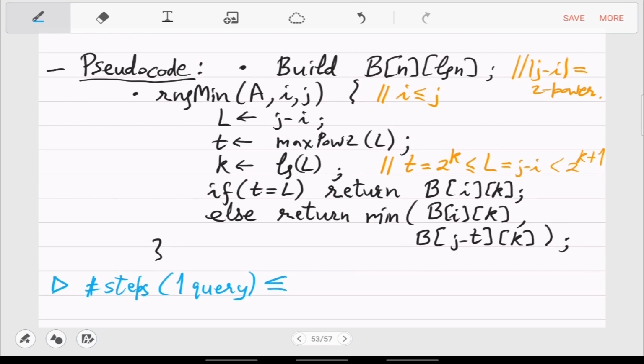Yeah, so no, maybe he's saying log n because of this computation of t. So there is this arithmetic that L, t and k will require. I mean, that arithmetic you can actually already pre-calculate and store somewhere. You don't need to do it in every query. So don't worry about that arithmetic. We will only worry about the time complexity of this part.